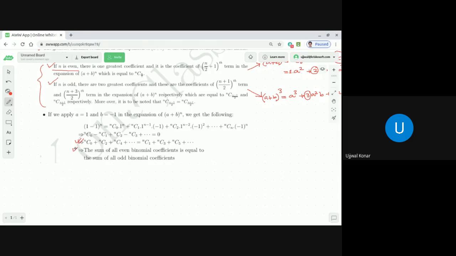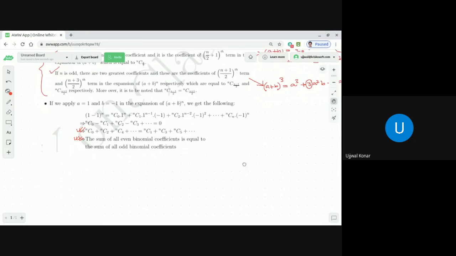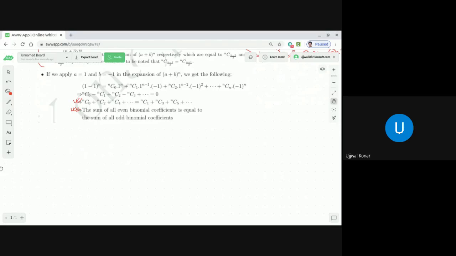And next one what you are seeing is the English statement, which replicates the mathematical statement: the sum of all even binomial coefficients is equal to the sum of all odd binomial coefficients. Correct? No? Okay, I hope you understood it. Next point, what we can say is that,